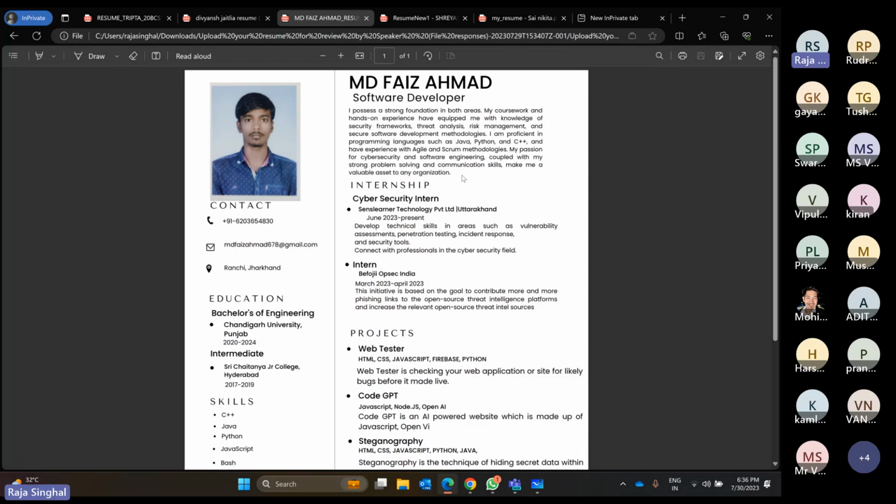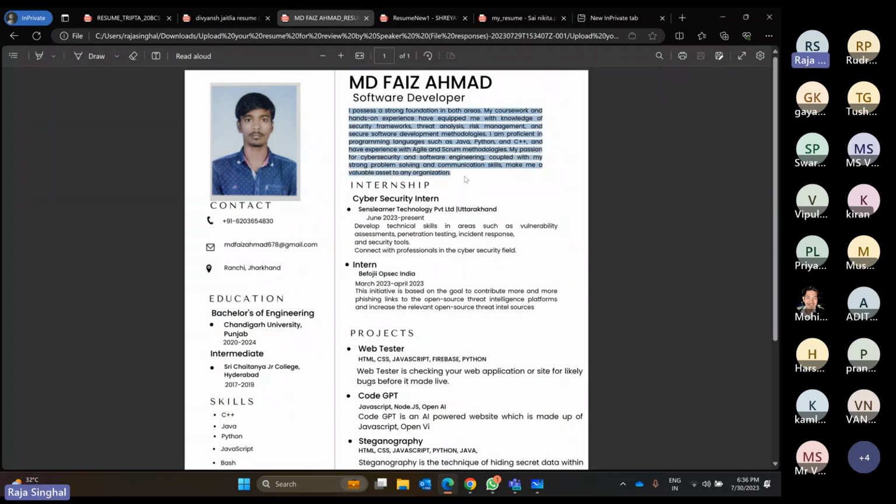So your resume should be readable within 15 seconds. You can read your resume and check if you are able to read the important things within 15 seconds or not.